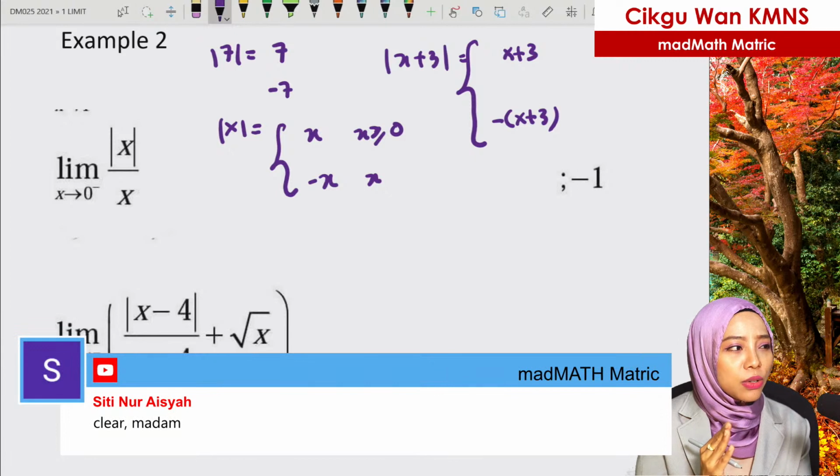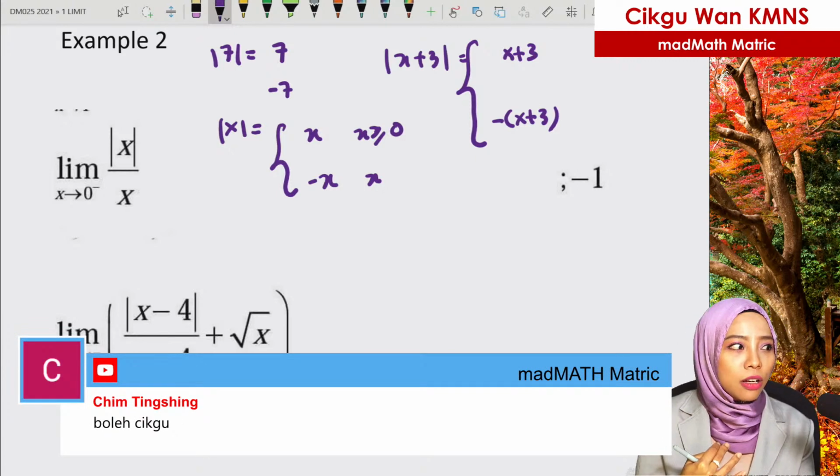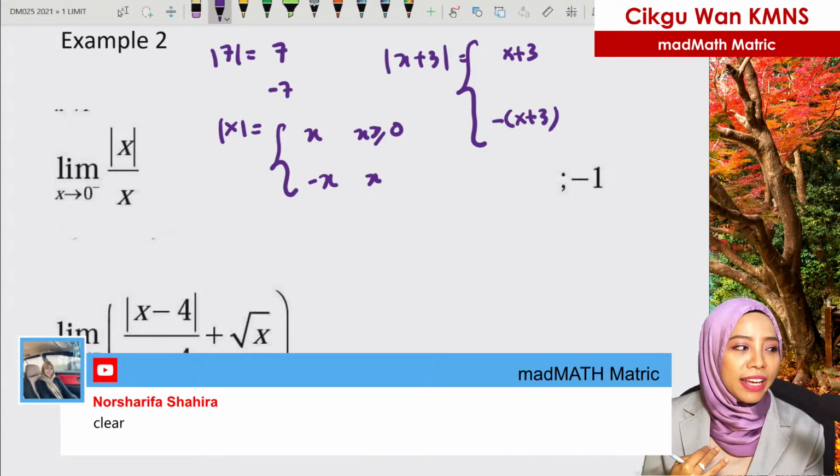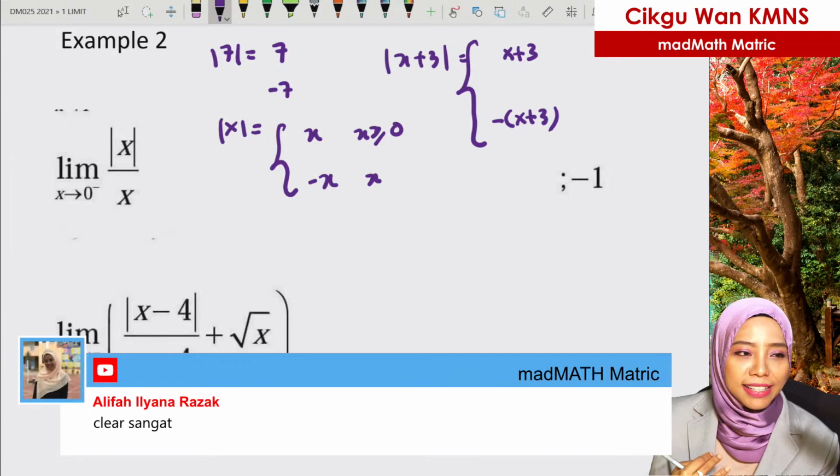Okay, very bagus. Koma dengan Syamin kata clear menggunakan akaun Ridwan. For COVID. Okay, Chim can share. Okay, thank you so much, Chim. Everyone boleh hi. Sini all kat sini.